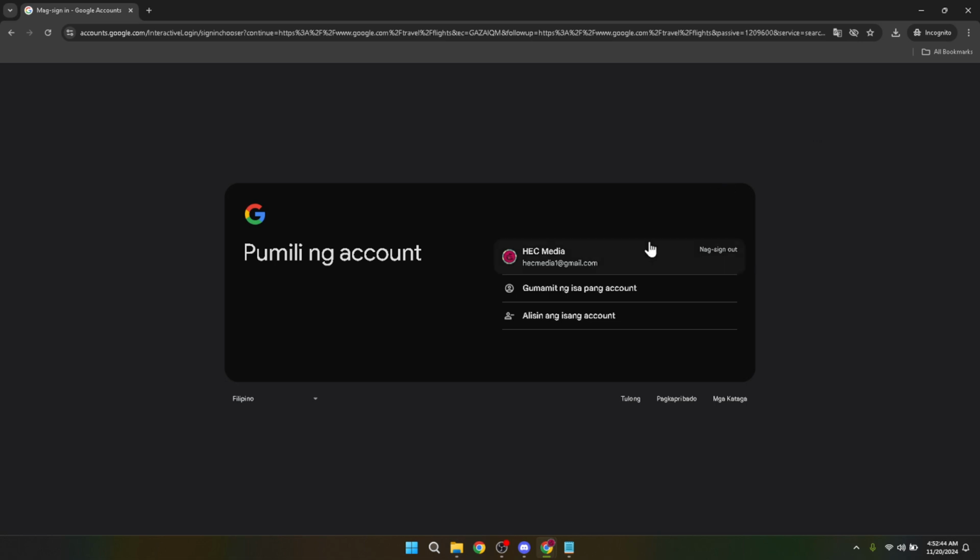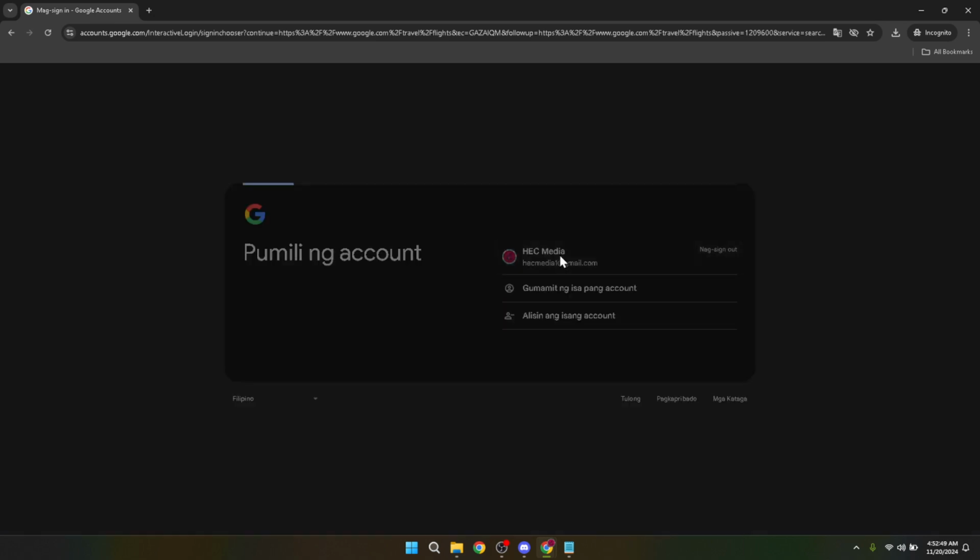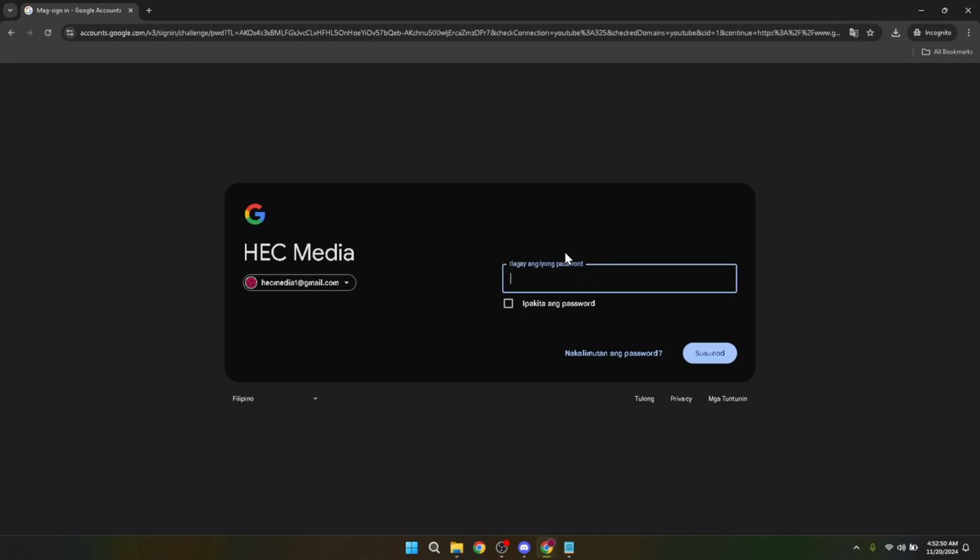Following the prompt to sign in, you will be directed to choose your Google account. If you have multiple accounts, select the one you wish to use with Google Flights. This account selection ensures that all your travel data and preferences are consolidated under one account, making your travel planning more organized. After selecting your account, it's time to enter your Google password. This step is standard for any sign-in process and ensures that your account remains secure. Type your password carefully into the designated box. Once you've entered your password, click Next to proceed. You're now signed into Google Flights with your preferred Google account, and we can move on to the main show,